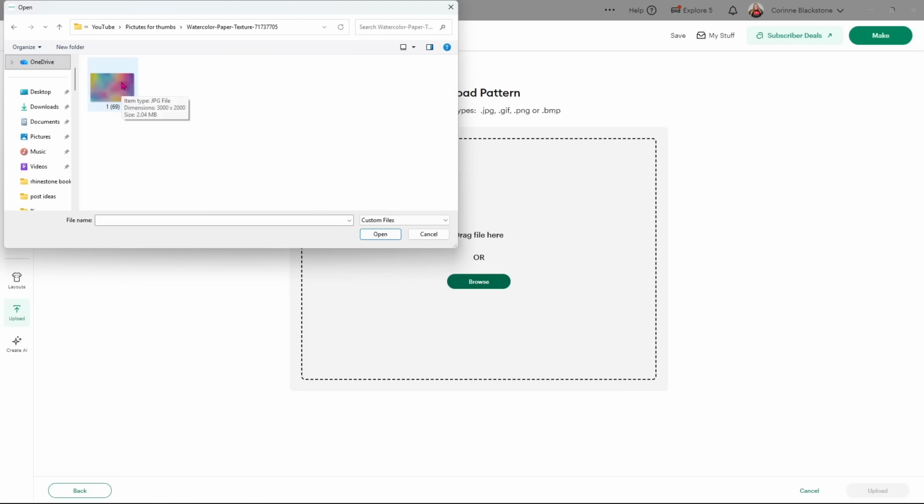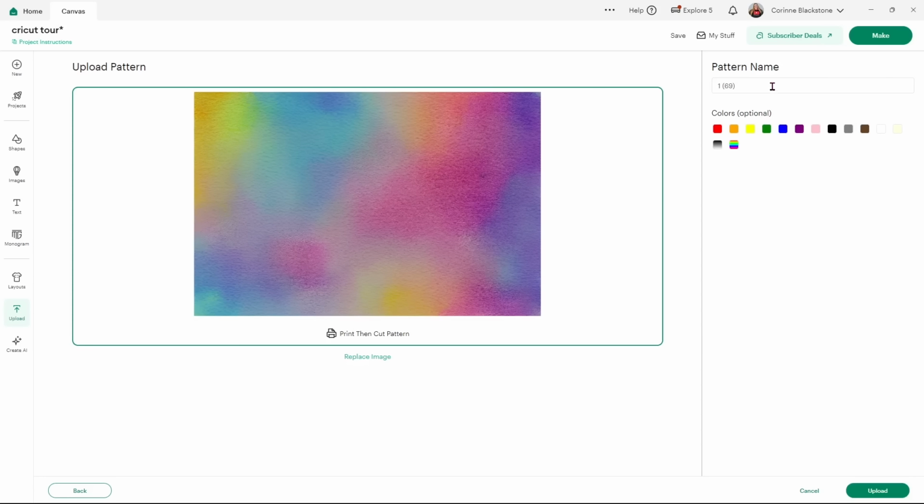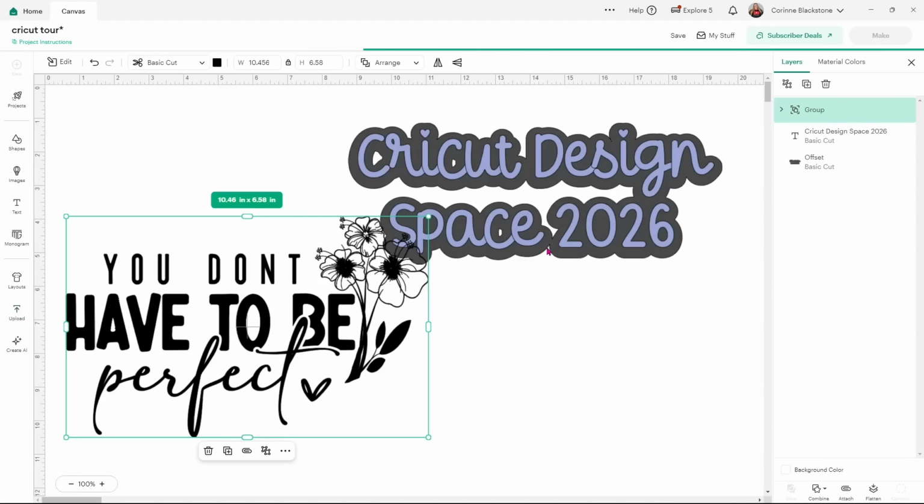So I'm going to select this PNG image, and you'll see here that it's going to bring it up. Again, you can change the pattern name image. You can choose colors that are in it, whatever you want to do. And you'll see here that it says print and cut pattern. Then when I click upload, I can choose that upload, and we'll use this offset here to show you what